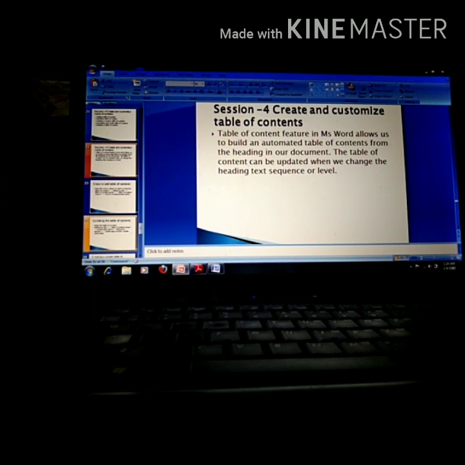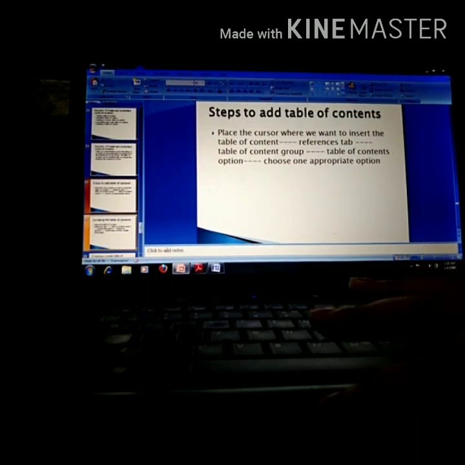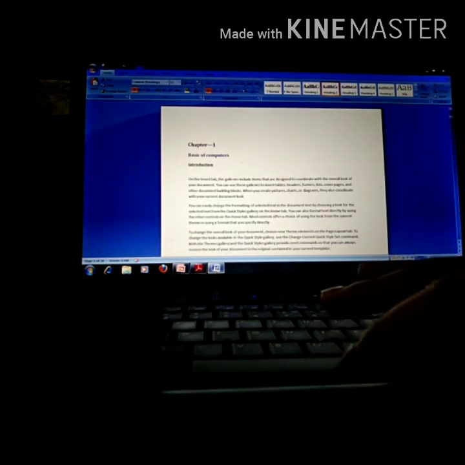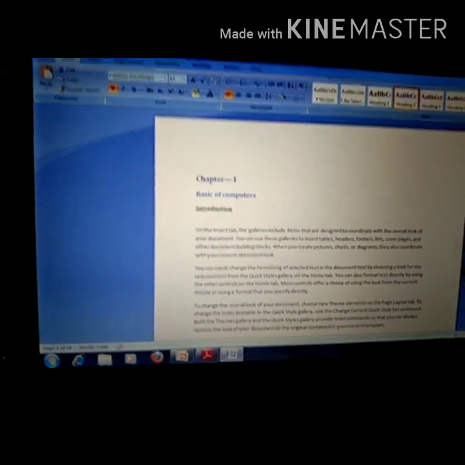Children, in our previous class we discussed how we can add this table of contents. So our first topic is how we can add this table of contents. This time I am taking one big document of 18 pages and approximately 10 chapters, means I am dividing the complete text into 10 chapters, and in this I am giving different headings. In chapter number 1, children, I am giving 3 types of heading.